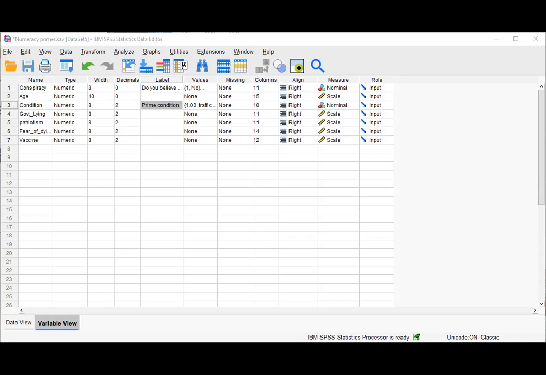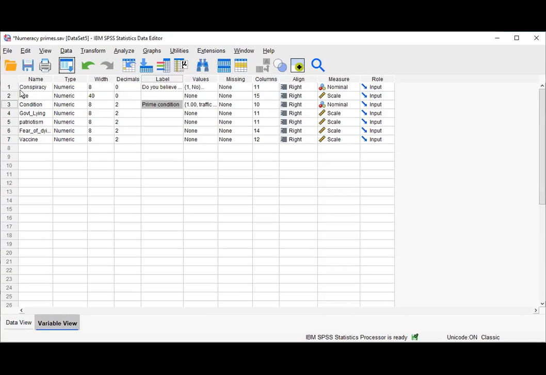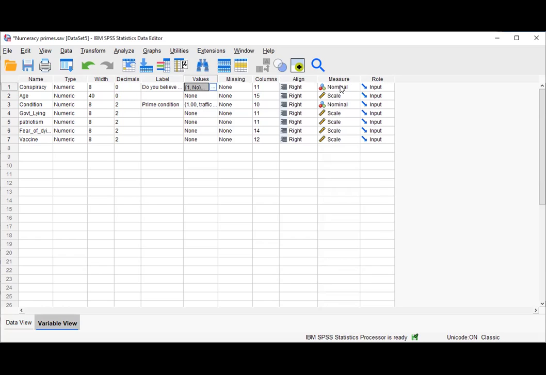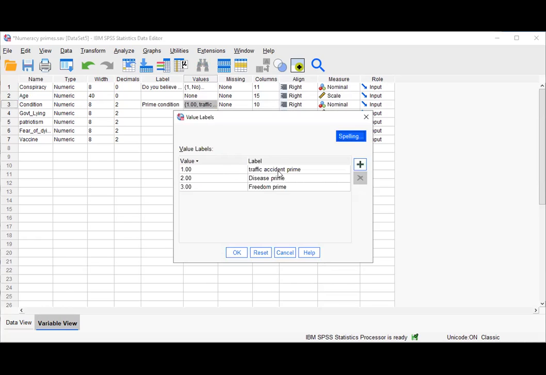Now let's take a little look at that. We have these variables. We have conspiracy, and this is basically, did people believe that COVID was a conspiracy or not? They answered no or yes, so that's a nominal variable. We asked for their age as well. We also have the prime condition, and here we can see that number 1 is traffic accident prime, then disease prime, and